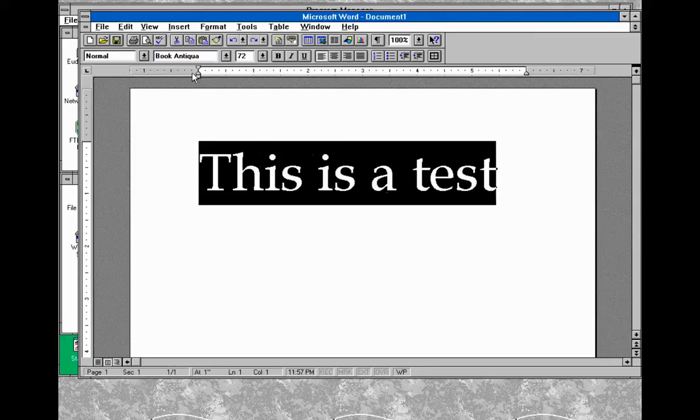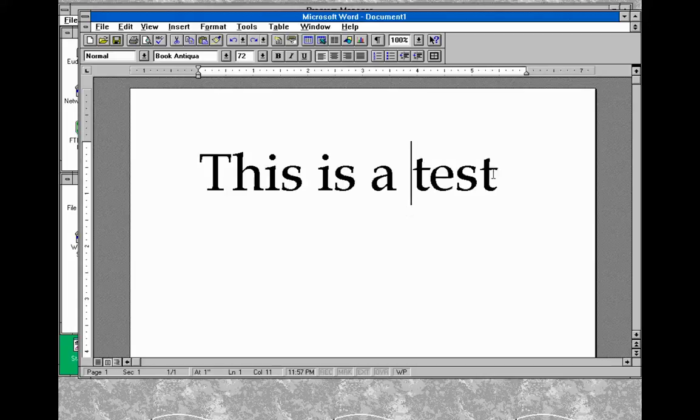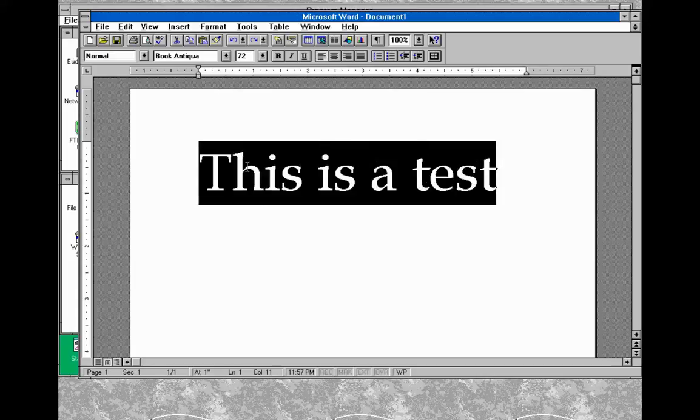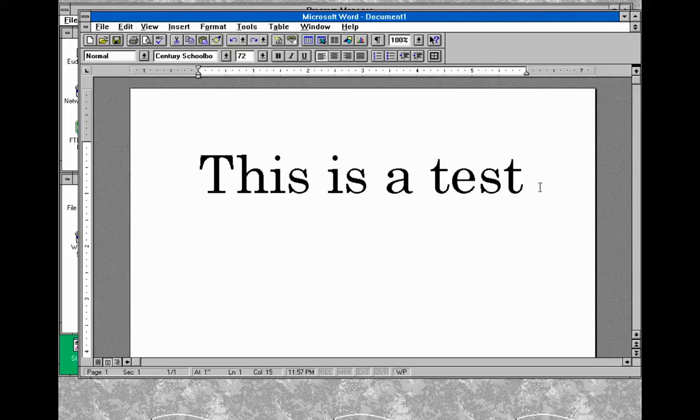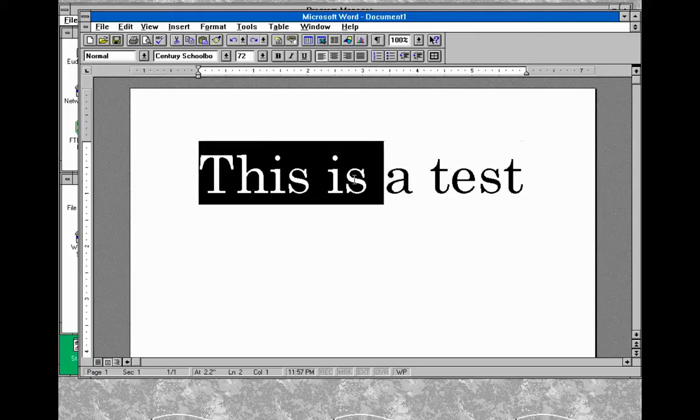See, Book Antigua. It's a nice font. So we can change fonts just to have you guys see how they look in the old Windows 3.1,